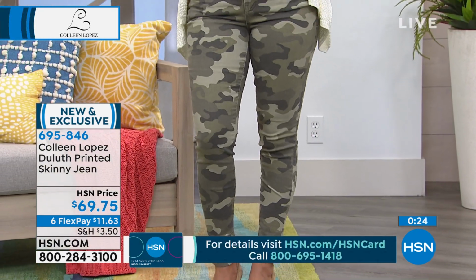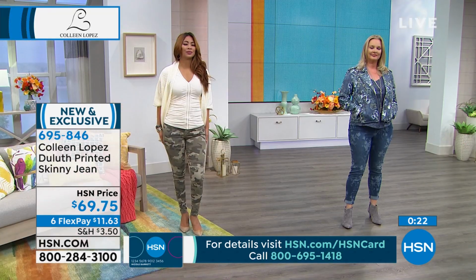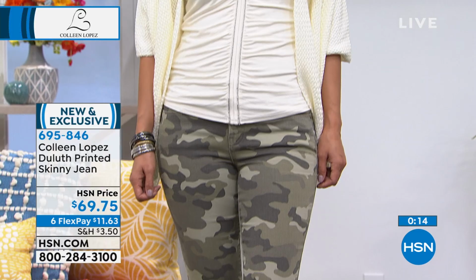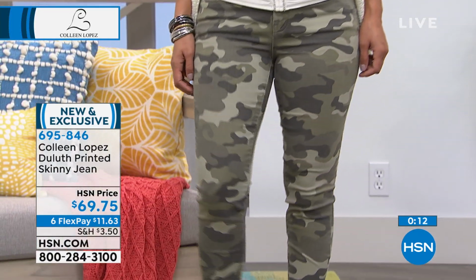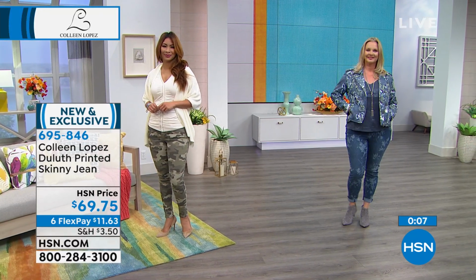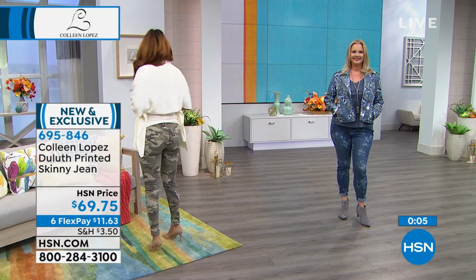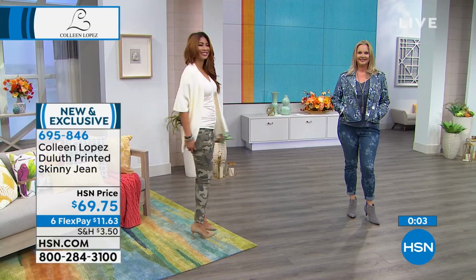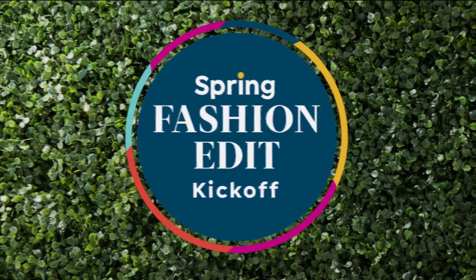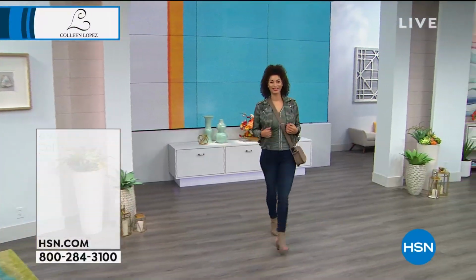I love that camo. The camo is not the same camo as the Today's Special jacket. Not that I would recommend you do camo on camo, but it's slightly different. It's softer. There's a little bit more of a tan khaki feel to these colors, and I just think it's really a fun jean. If you'd like a pair, do not hesitate. Stay right there. By the way, our Today's Special, wow, over 11,000 people have already ordered our beautiful Today's Special. I'm so excited for anybody lucky enough